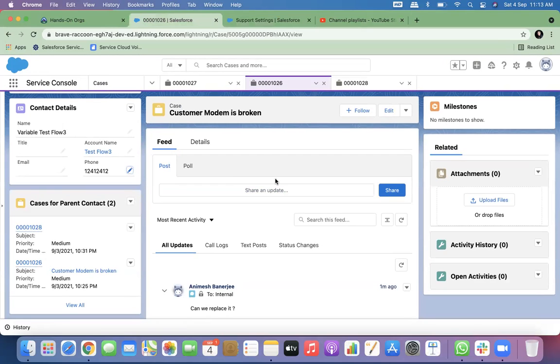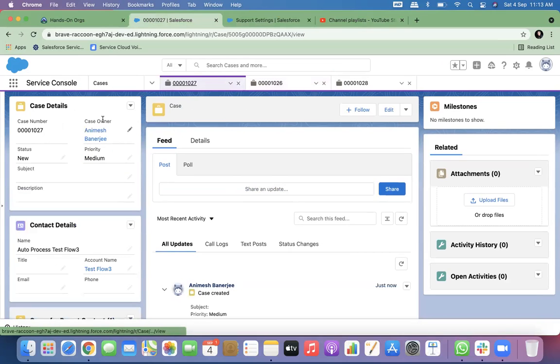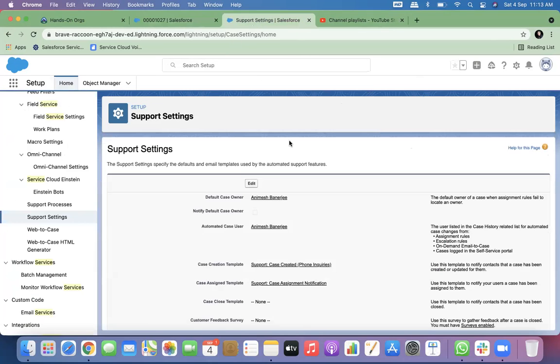So the person who is creating the case automatically becomes the owner, right? A service representative is the case owner automatically. If I am creating the case, I become the case owner, right? But when the case is getting created from email or website, at that point there is no service representative sitting here, right? So somebody has to own this case. Yes. That is why this case owner is coming here.